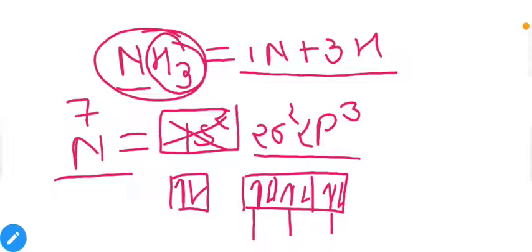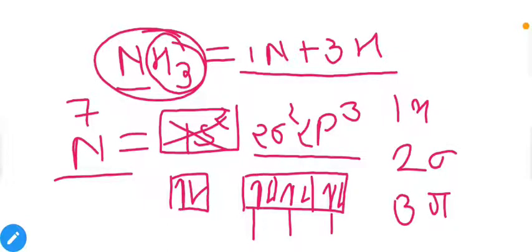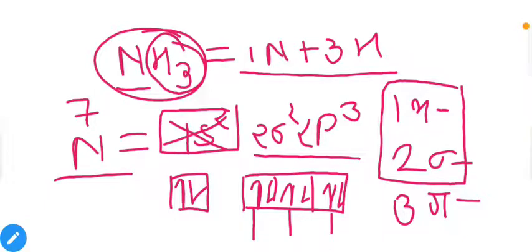Now we have to count two types of electron pairs in hybridization. How many electron pairs do we have? We have total 3 different types of pairs. First is the non-bonding electron pair, we can represent it with N symbol, and we have two different types of bonding pairs. First bonding pair will be sigma, second bonding pair will be pi. So we have 3 electron pairs: non-bonding electron pair, sigma bond pair, pi bond pair, and you have to count in hybridization these two, non-bonding electron pair and sigma bond pair electrons.